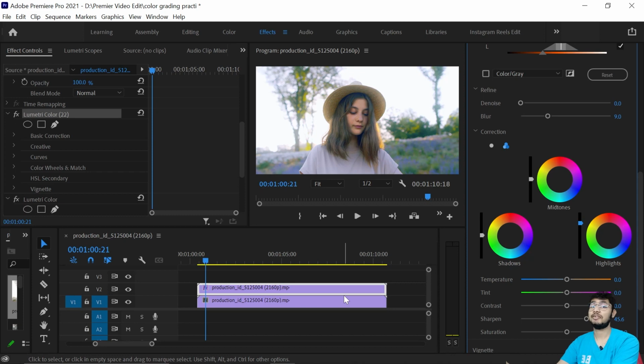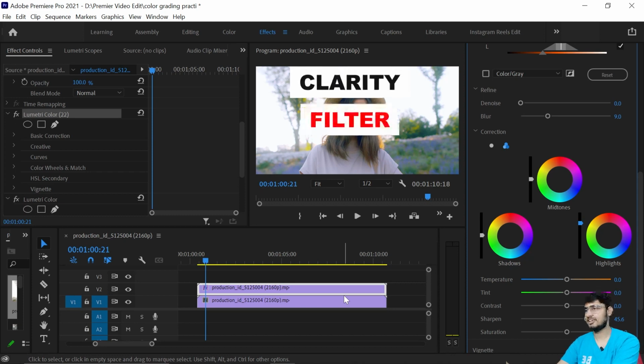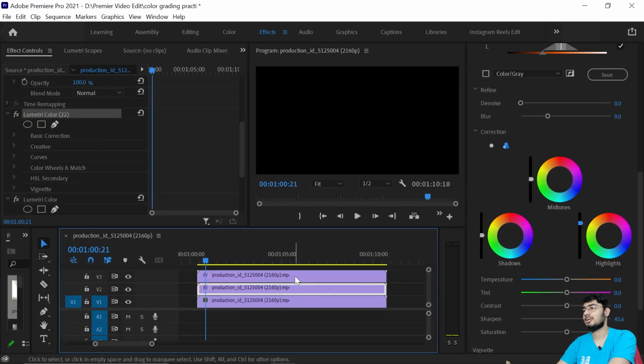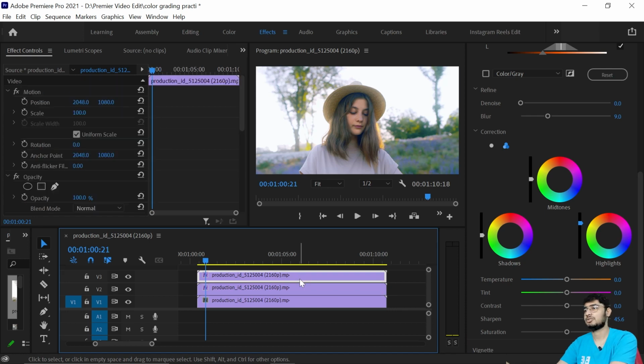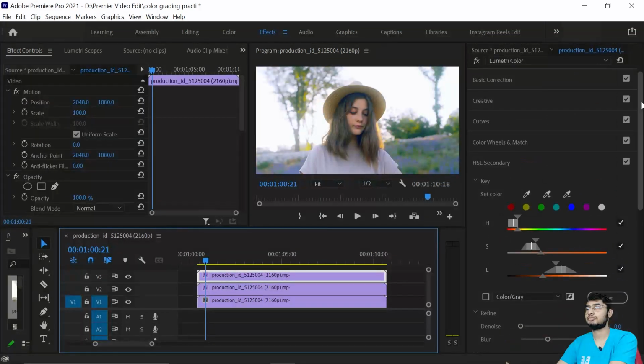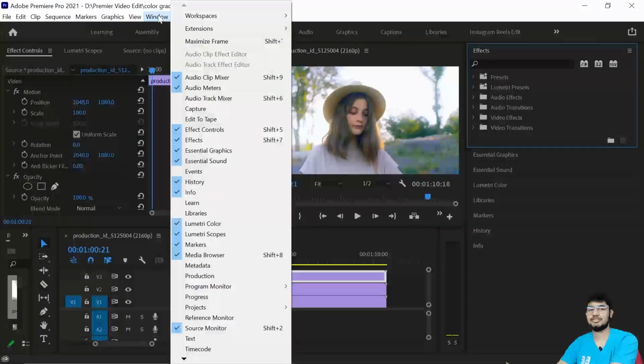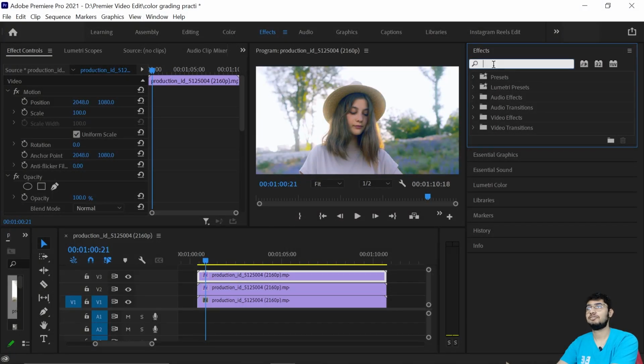So although the color grading has been done, we'll apply a clarity filter on it. So in Premiere Pro we'll not get a clarity option or clarity filter, but we'll create it. So just press Alt and drag it up to make a duplicate of it. Now select this layer. Now just click on Effects and Presets, and if you don't find this option, you can find it from the Window option. So now in Effects and Presets,